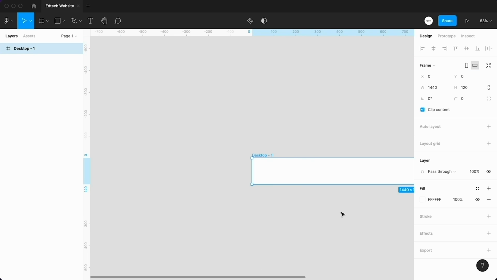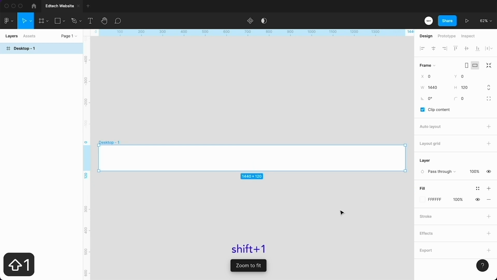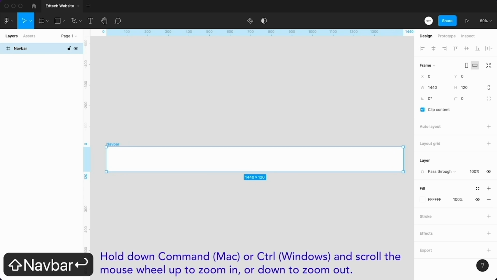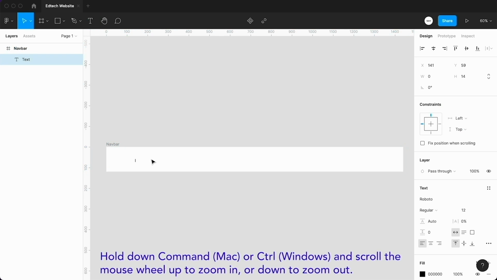Now we want this navbar to come into the picture. For that I will press Shift plus 1, that will zoom to fit. Just hold the Command key and scroll the mouse up and down. You can easily zoom in and zoom out. Now I will rename this frame navbar and take the text tool and write here